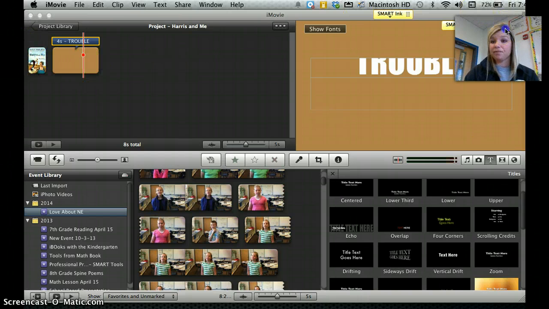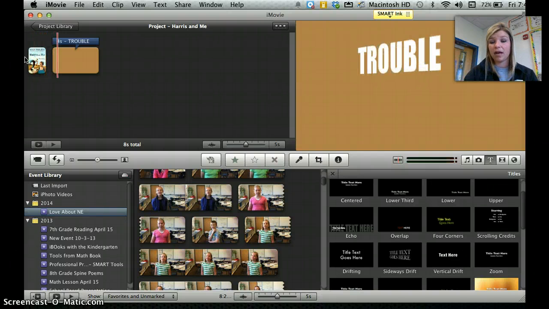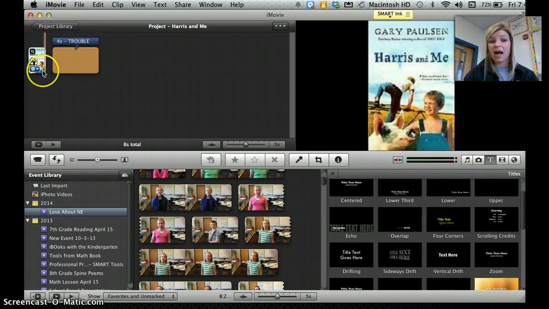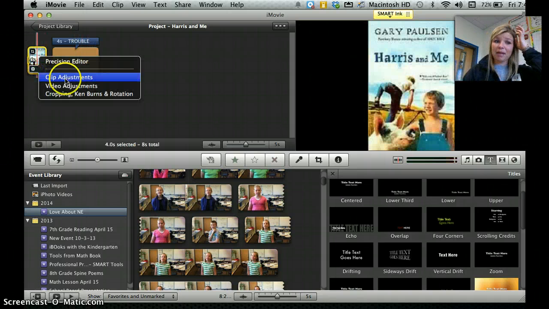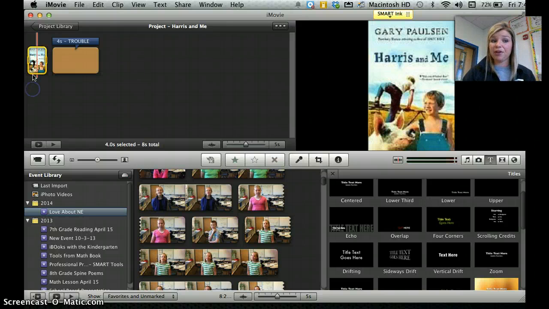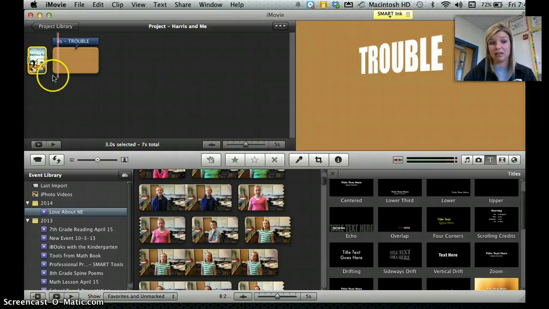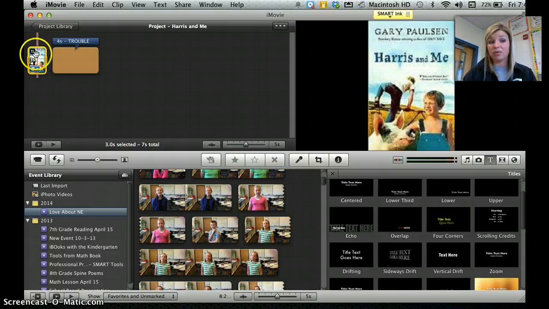So now I can go back and watch what I've created. iMovie automatically sets a time. If it's too long or not long enough, to change the time, again, you go back to the toggle, click on Clip Adjustments, and I can change this. Maybe I only want it to be 3 seconds. So now I see this 3S right here,